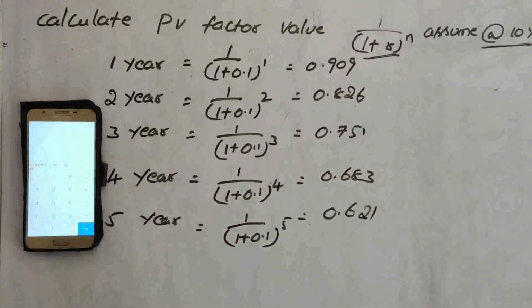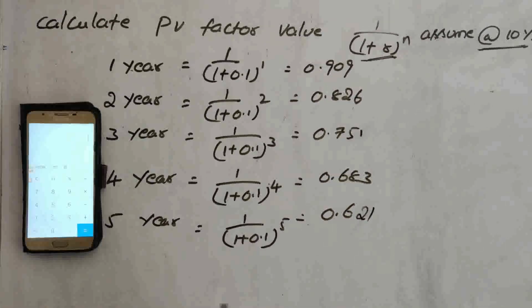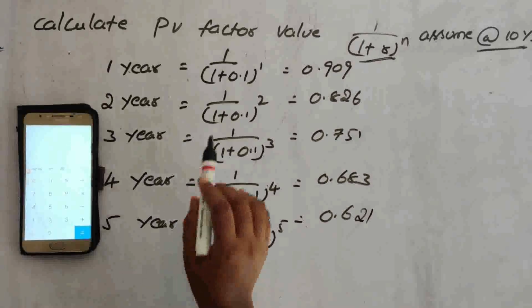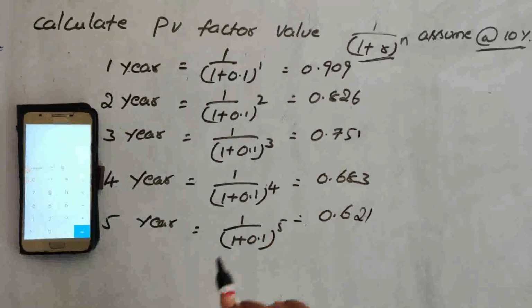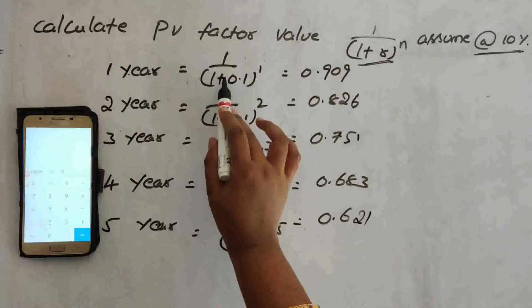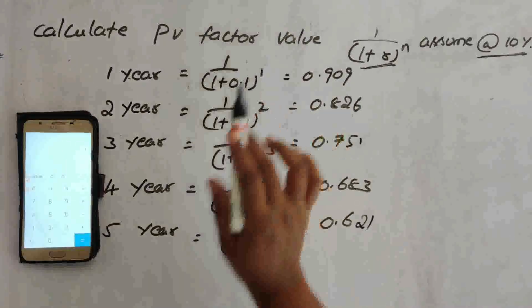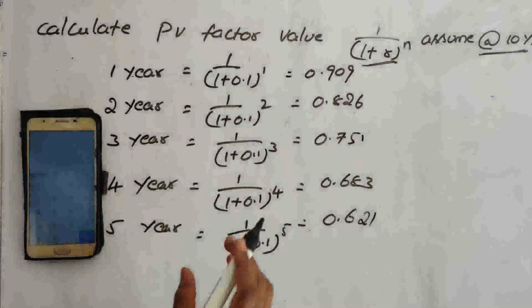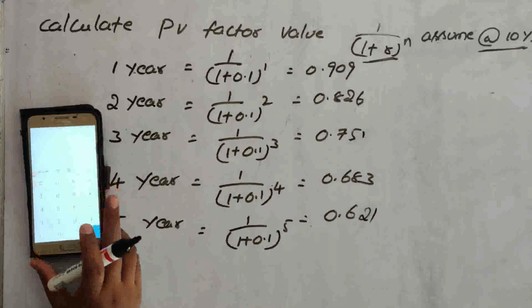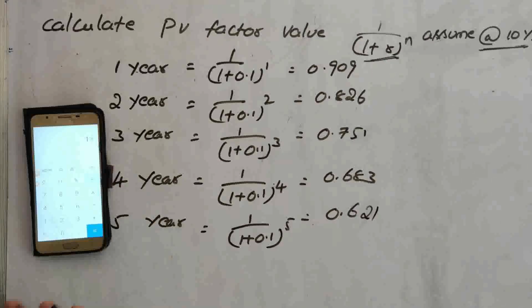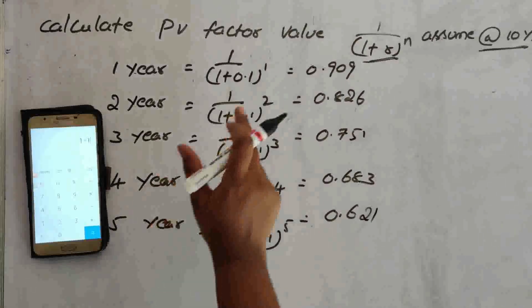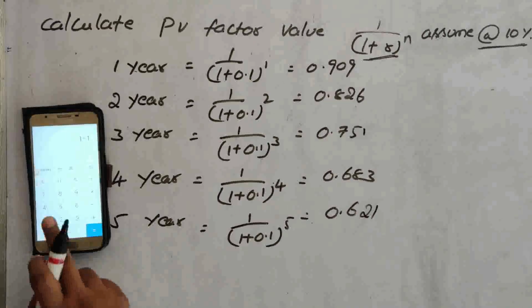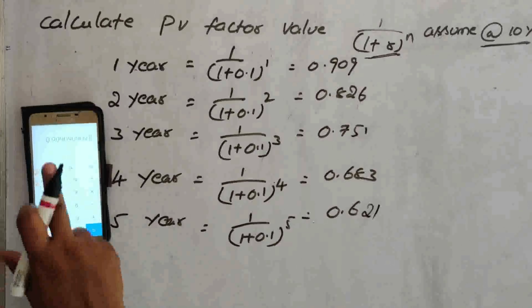So when I implement the 10% discounting factor value in that formula, the first year is 1 divided by (1 plus r) whole power t, that is (1 plus 0.1) whole power 1. I will give the explanation in the calculator. 1 divided by 1 plus 0.1 means 1.1, whole power 1,